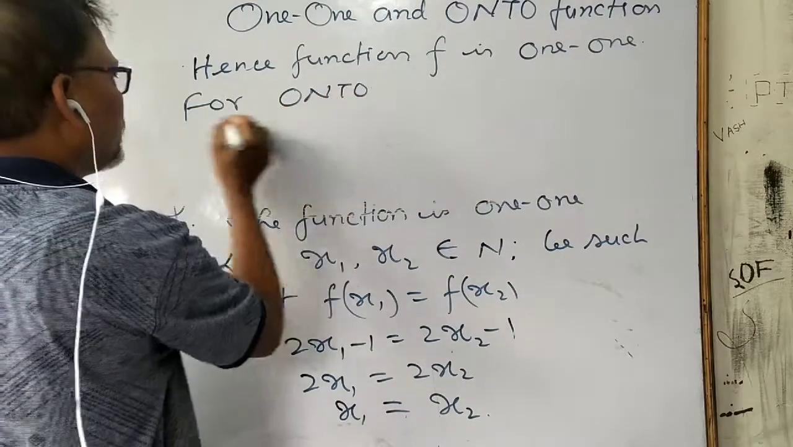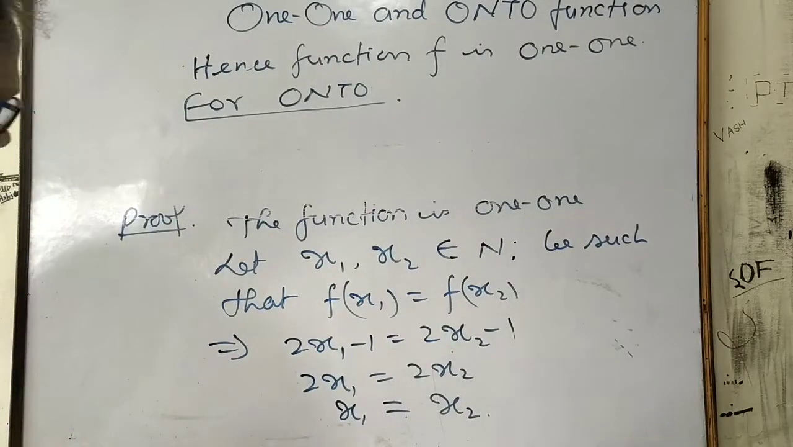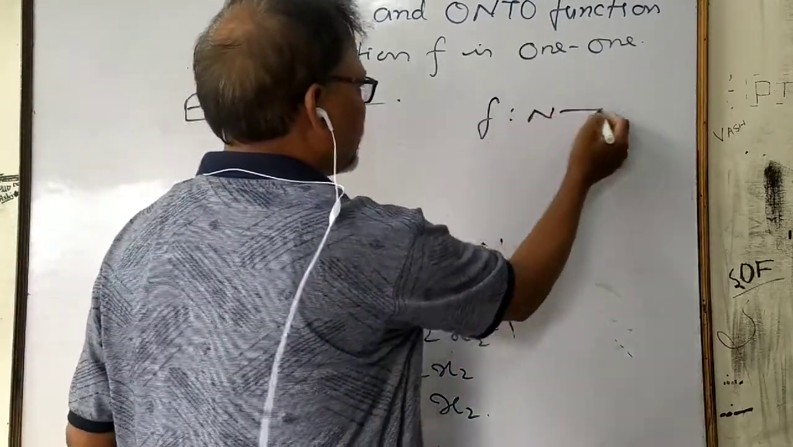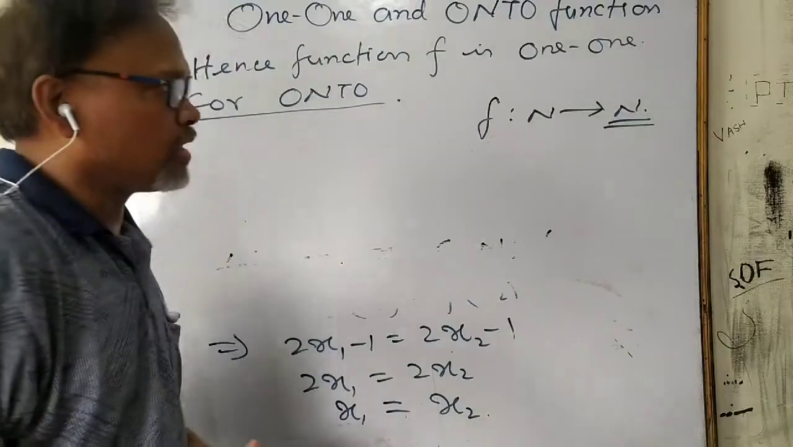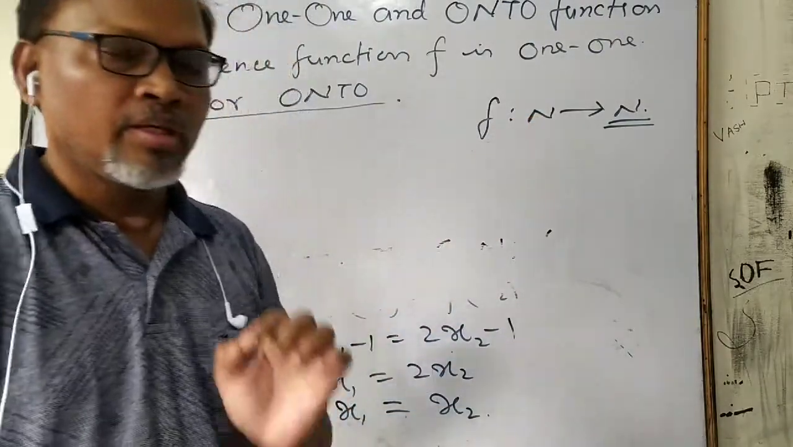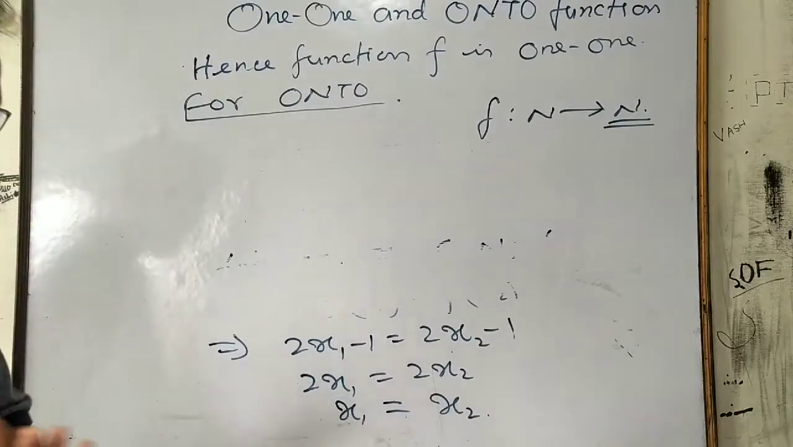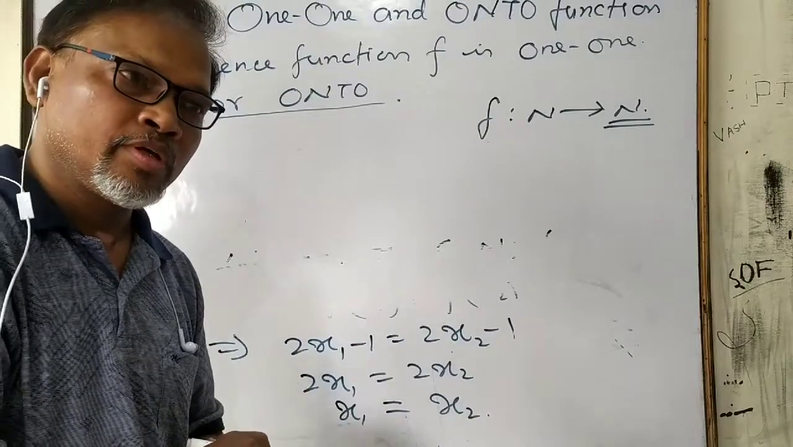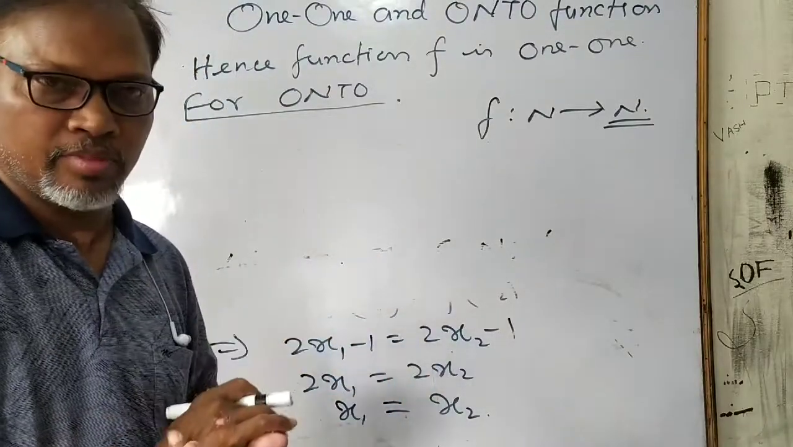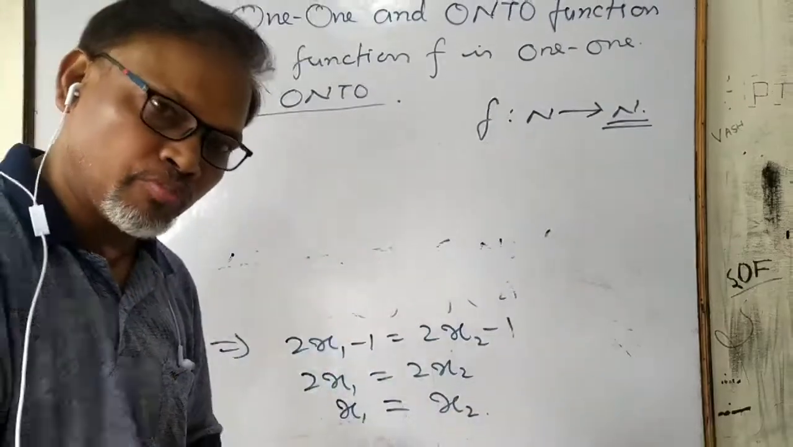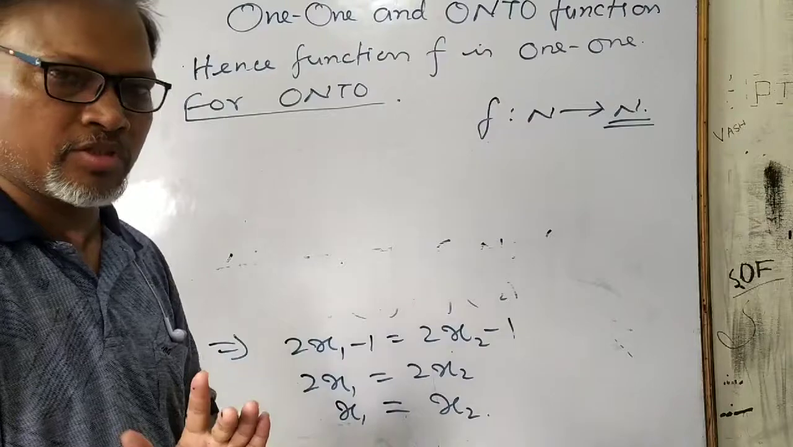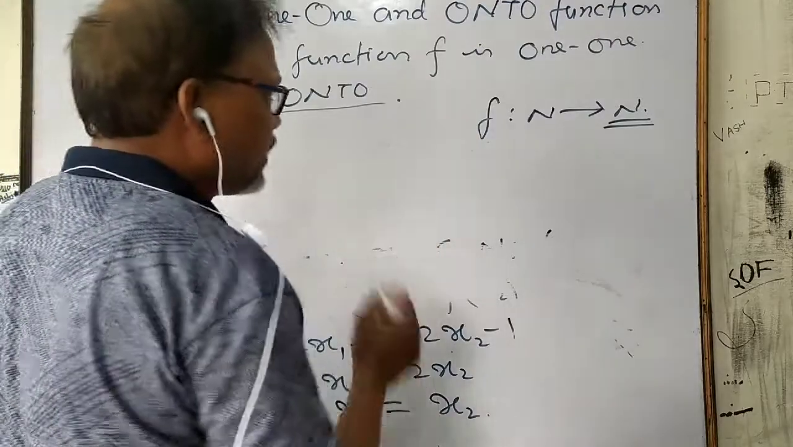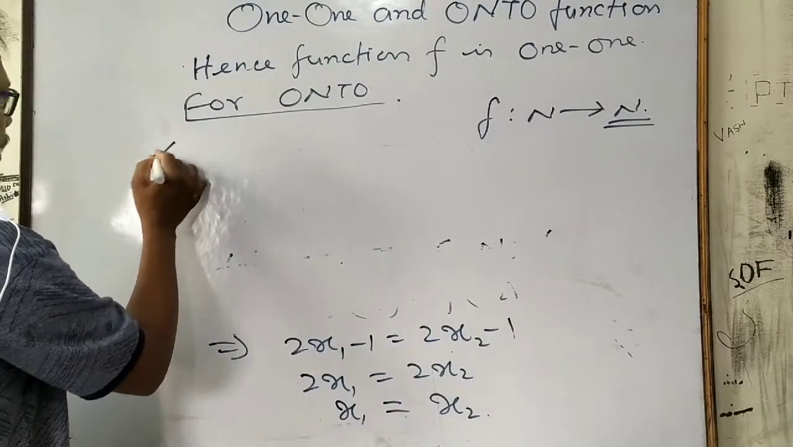Now for the onto function, what do you have to do? Onto means that for the function f from N to N, if the range is natural numbers then the domain should also be natural numbers. For every element of the range, there must be a pre-image in the domain, and that should be a natural number. So if we have to show this for any element of the range, let us take